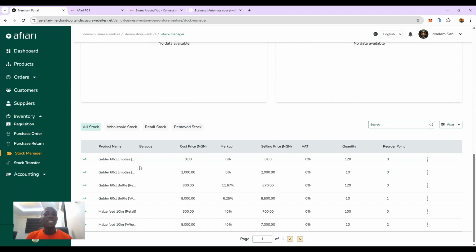And then the final part here is the table that shows you all the products that you have in stock, right? The list of all the products that you have in stock. And you can see that we have what we call the wholesale stock and the retail stock. This is because on Afiari, we connect your wholesale and your retail products in a way that it is automated. So if you have items that you are selling in cartons and you're also selling those products as single units, you don't necessarily need to